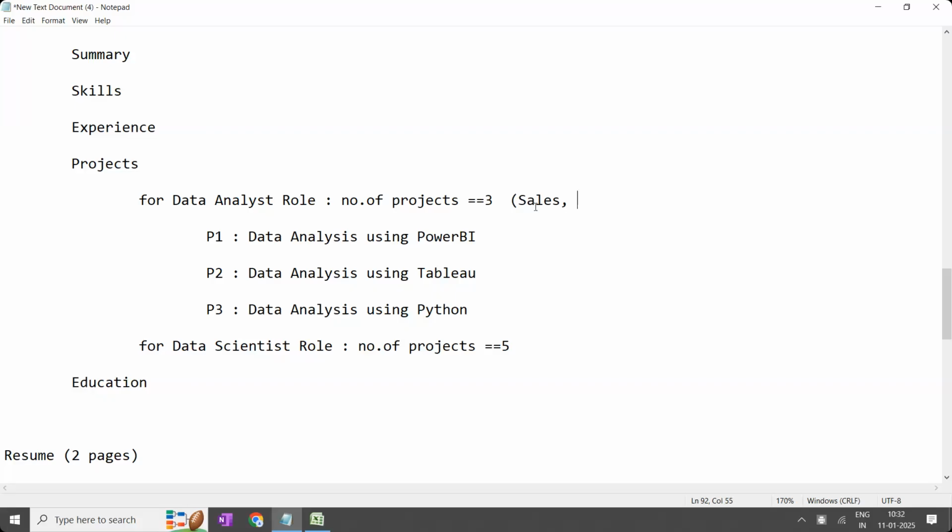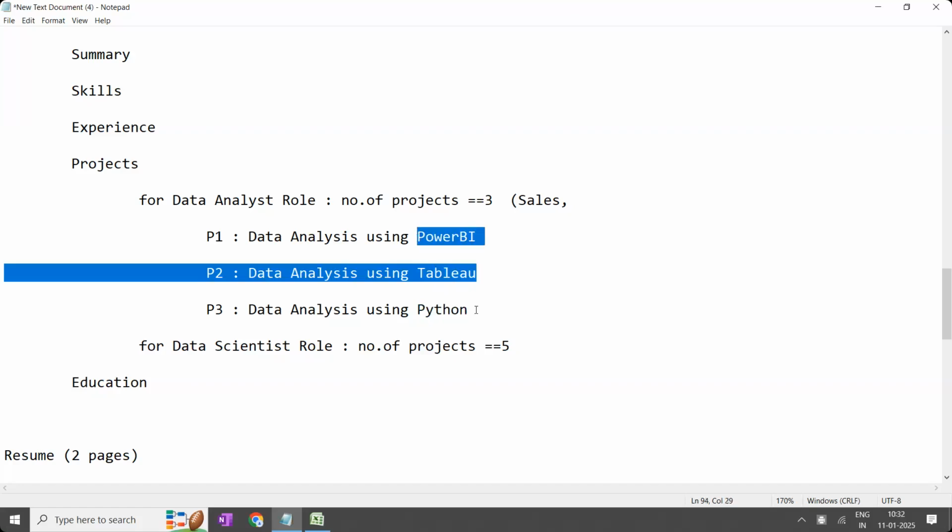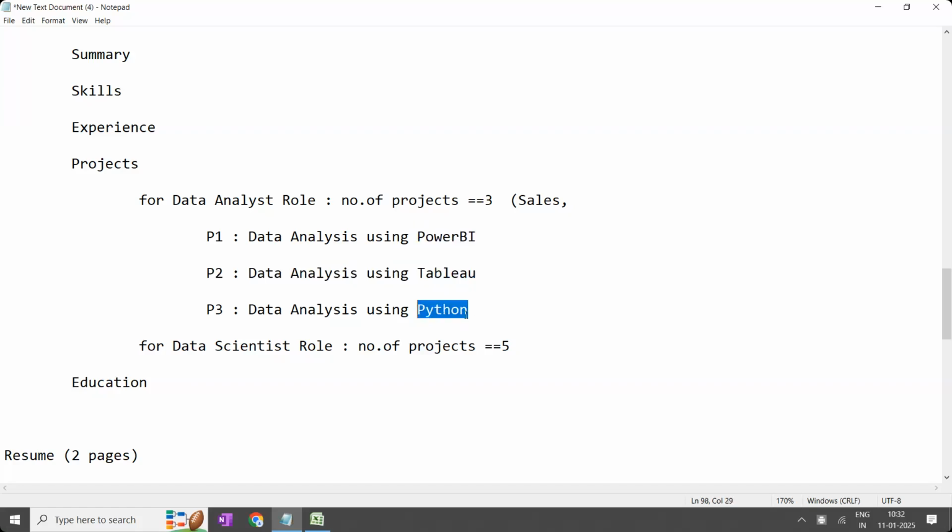Right? Yes. Raj is asking the question: in everything, is Power BI the final step? This is the final step. I told you, data analysis with data presentation. So whatever the tools are, Python, Tableau, and Power BI, it is data analysis with data presentation in Power BI, in Tableau, and in Python.